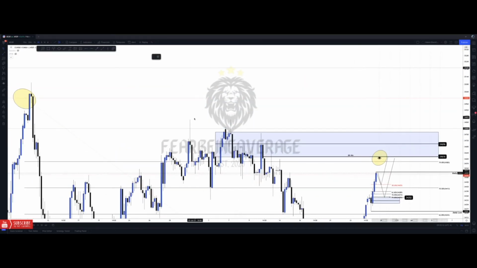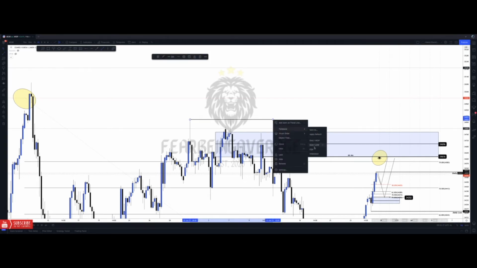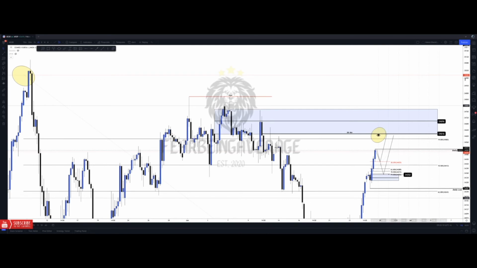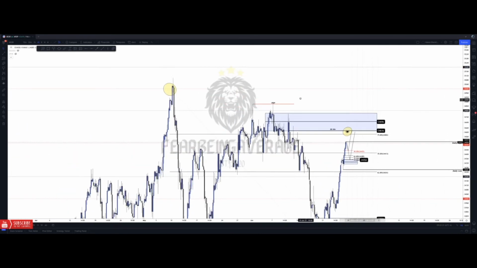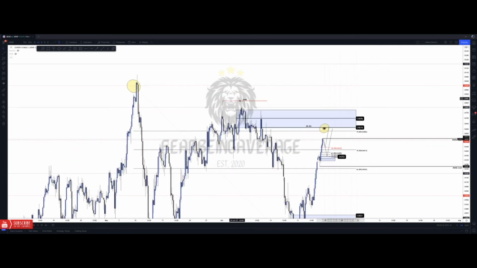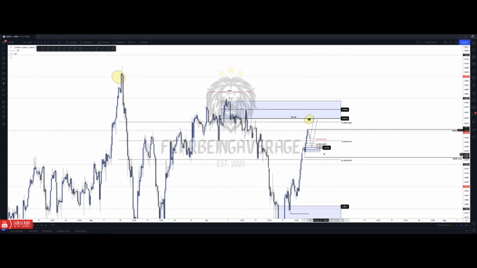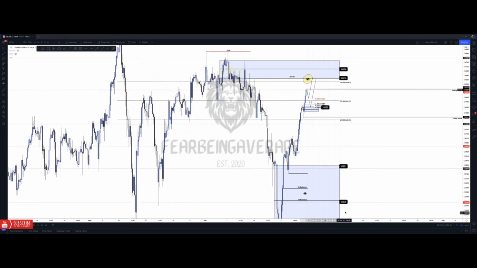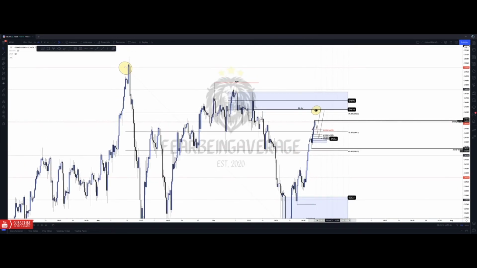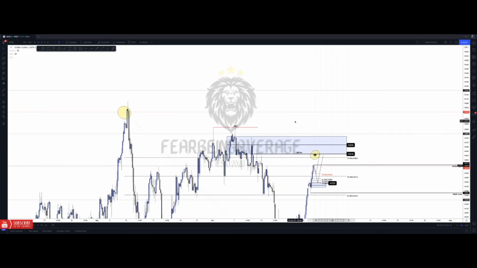But another thing you want to keep in the back of your mind is that there's equal highs up here. And when you have equal highs, that means the liquidity is above there. So eventually I do want to see price take these highs out. It could be after we retrace to this 34,350 or retrace lower to 33,800 or possibly lower to 33,500. It might not be this week, or we could just see it happen fast